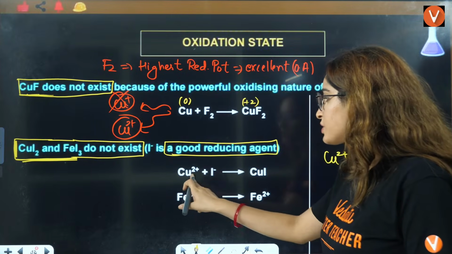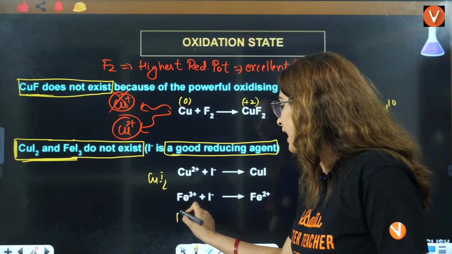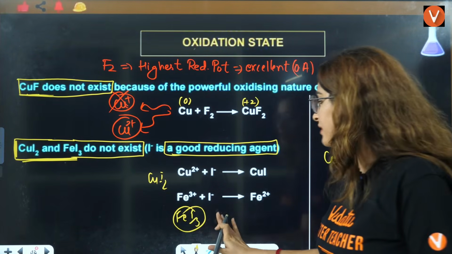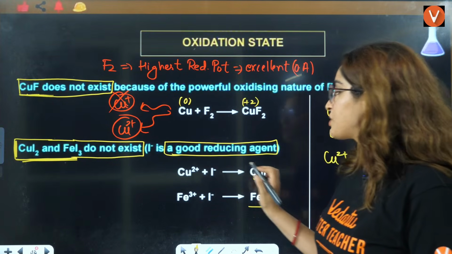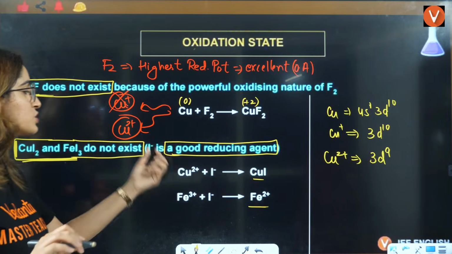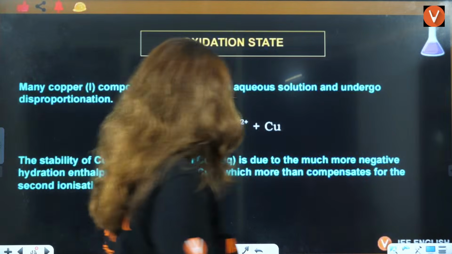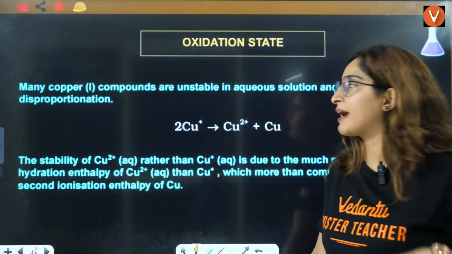Because what it was supposed to be, it should be CuI2. It should be FeI3. But have you ever seen FeI3? It does not exist, right? Because it's a very good reducing agent. It will reduce Cu2+ and Fe3+, right? Okay. Now, on a similar line, we have one more question, that is